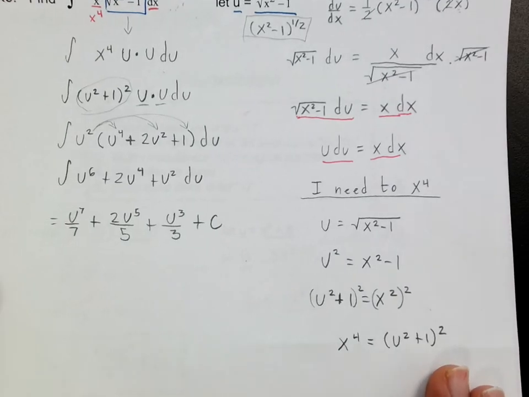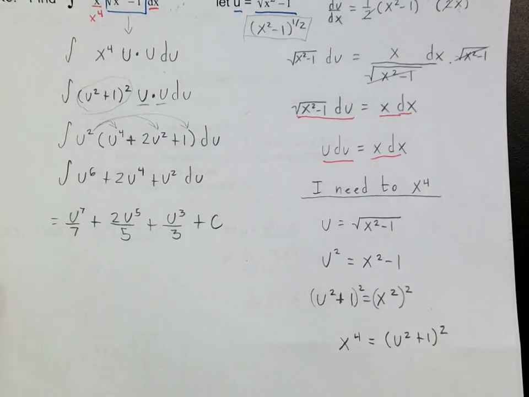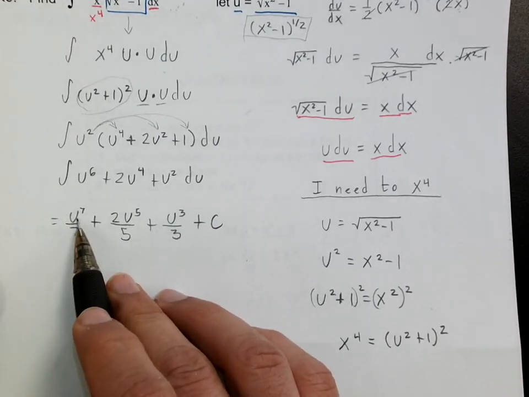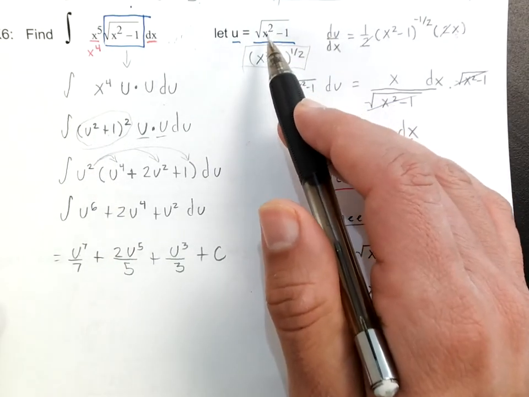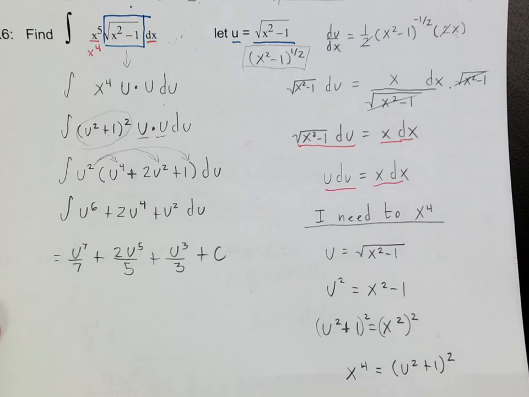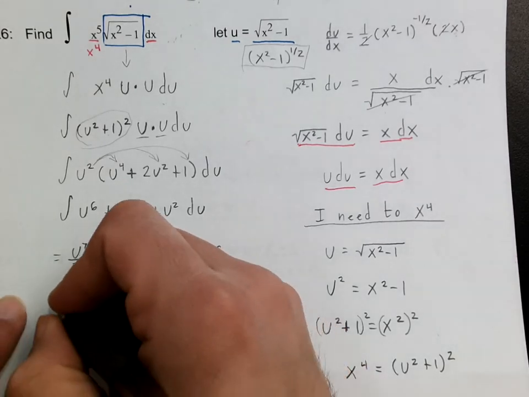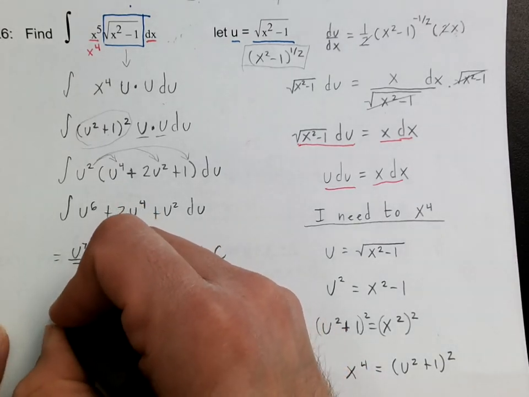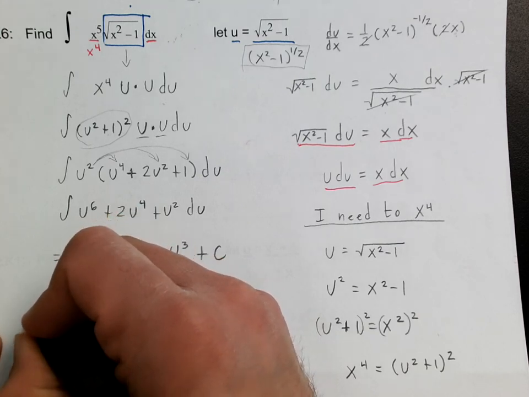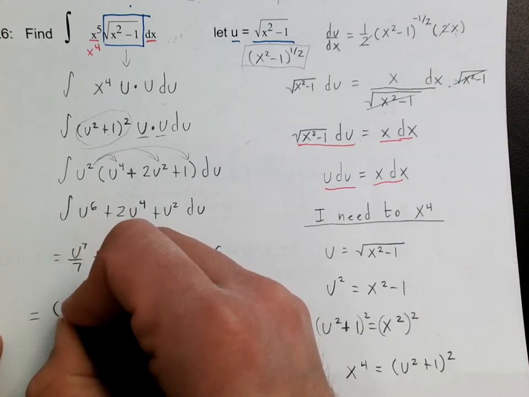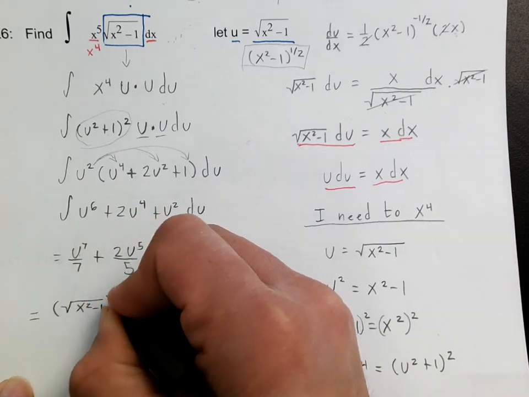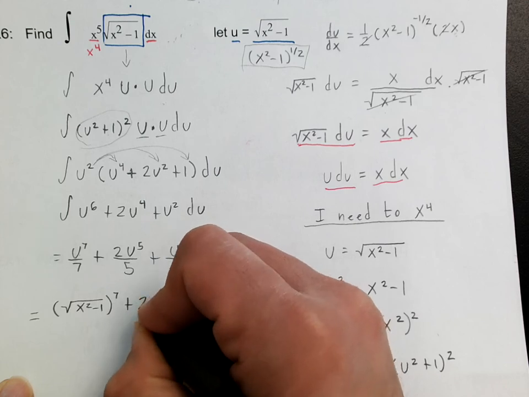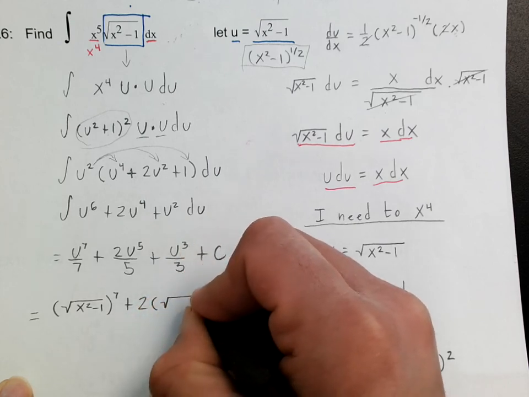Alright, now the final step here is I'm going to replace all of the u's with the square root of x squared minus 1. So I'll write this in two steps, so hopefully you're not confused. If I have this right here, and I guess if you read it like that, I wouldn't be that upset, but I have x squared minus 1 to the 7 halves plus 2. So basically all I'm doing here